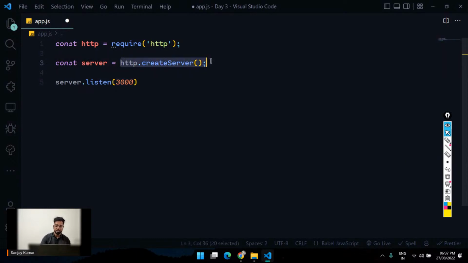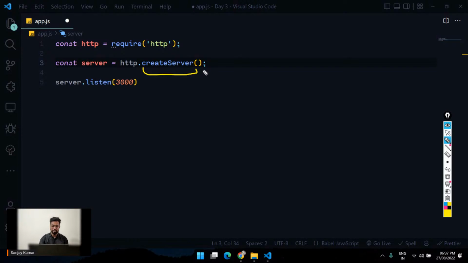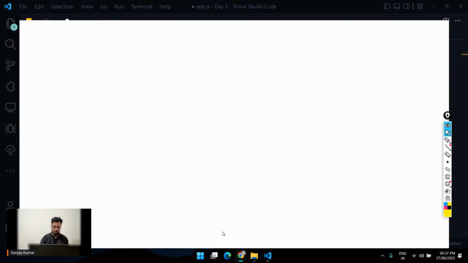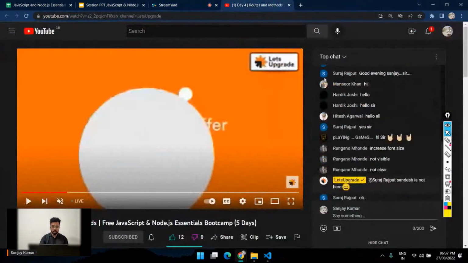And this createServer function accepts a parameter, and it should be a function, by the way. You can pass a value or anything to a function. But here in this case, what are we actually going to pass? We are going to pass a, let me just go over here,